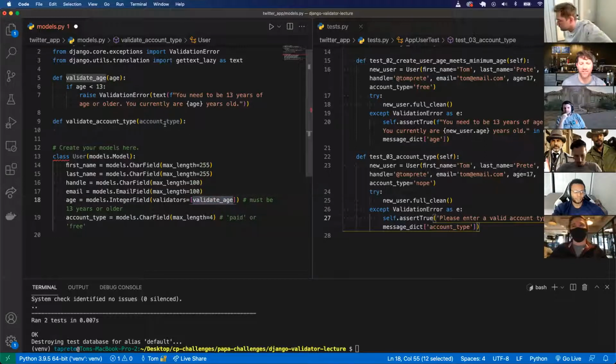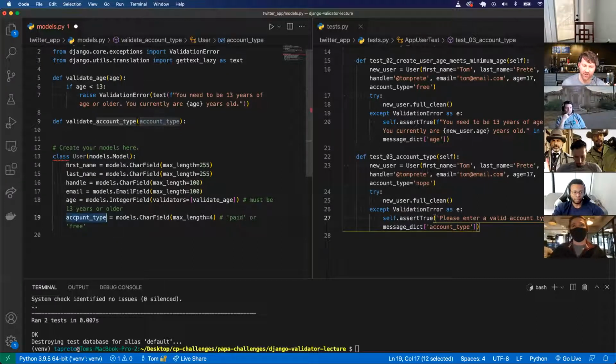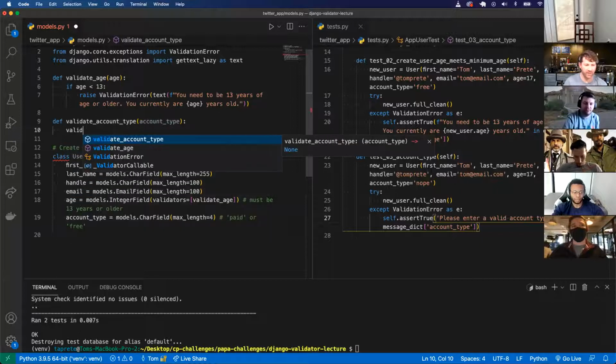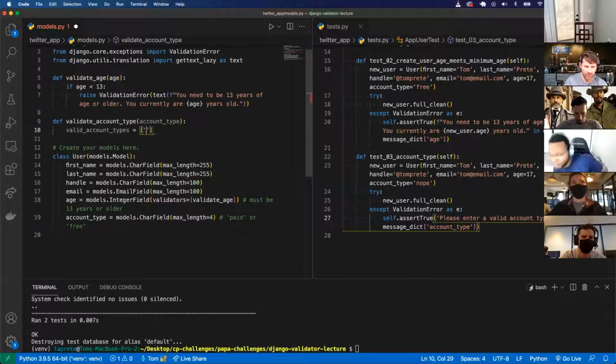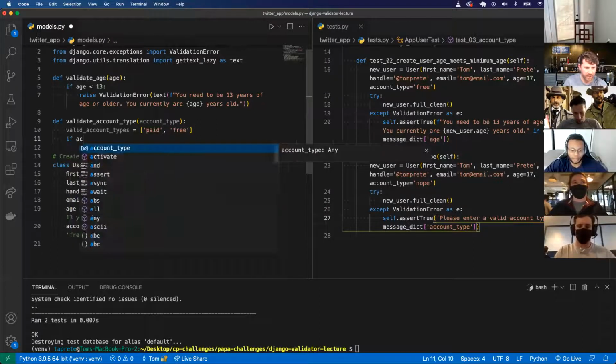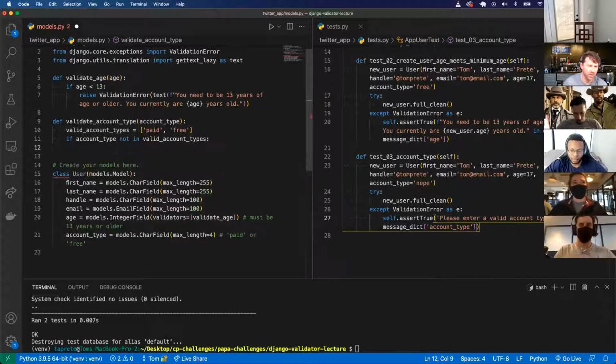Just FYI, you can't pass in multiple arguments in validators. You can only take in one argument, which is whatever is being input into this field. So we can say valid_account_types equals paid and free. And we can say if account_type not in valid_account_types, we can raise a validation error,